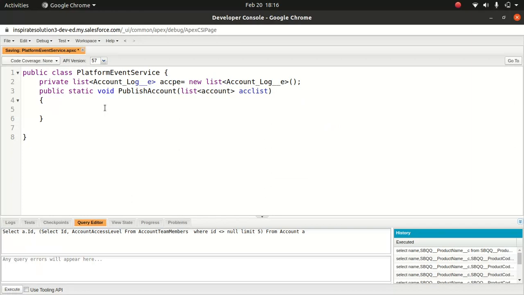So what I'm trying to do, right? I'm trying to create a platform and service, which will accept the account as a parent, and once I get the account as a parent, I just populate this value to this platform and then I push it out. Okay. So what I'll do, I'll just do ACC this